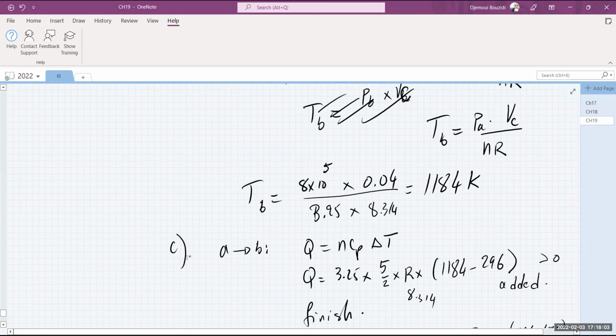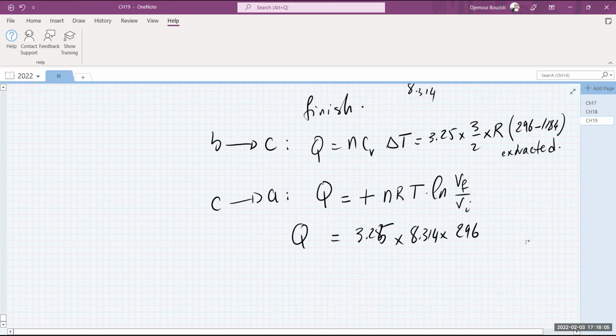Okay. So the point here is that the ln of the final volume over the initial volume is ln of 0.01 divided by 0.04. Those are the ratio of the two volumes. The volume shrunk going from C to A, so obviously this number is going to be negative. Why? Because ln of 1/4 is negative, it is actually equal to negative ln of 4.